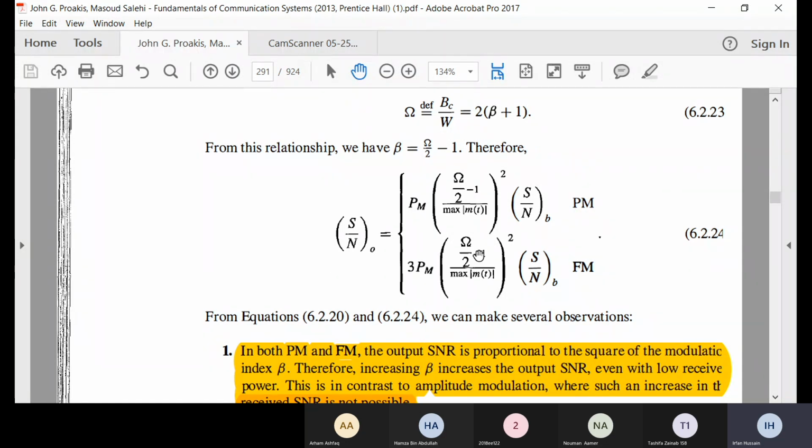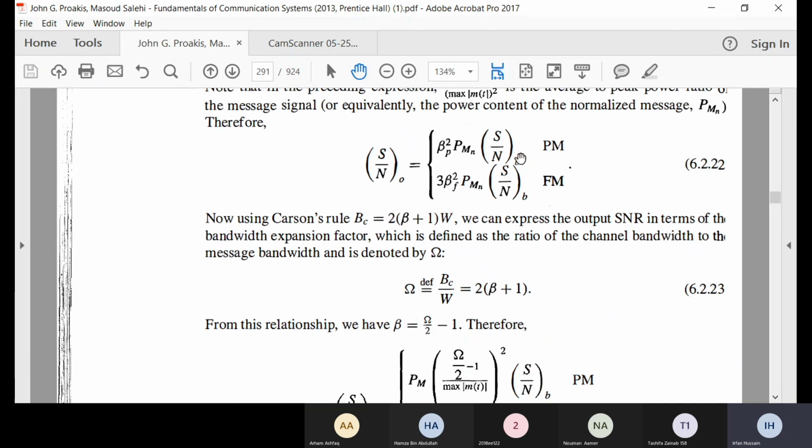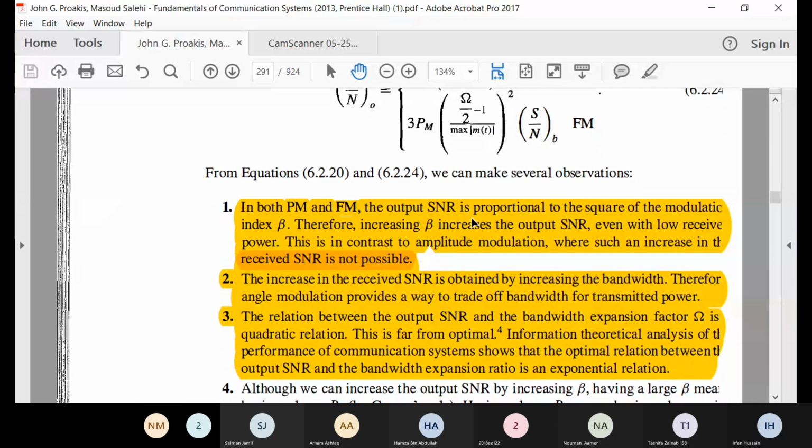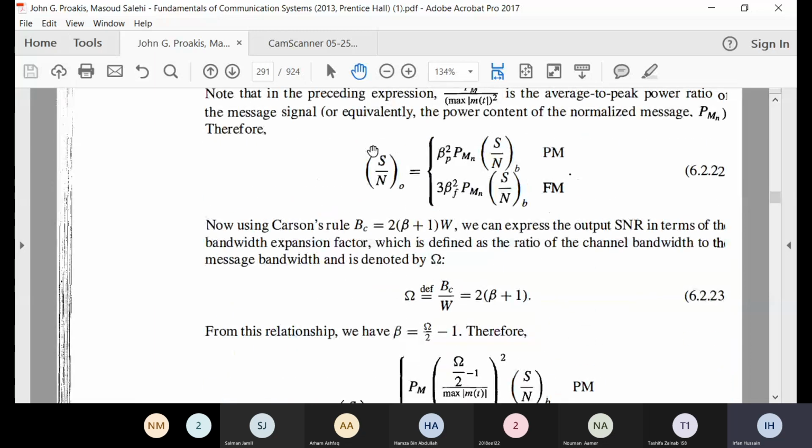Now, what are the insights that we gain from these equations that express the signal to noise ratio at the output of the receiver in terms of the signal to noise ratio at the input to the receiver, or the signal to noise ratio of the baseband communications? First, in both PM and FM, the output signal to noise ratio is proportional to the square of the modulation index. We can see in this equation that both for PM as well as for FM,